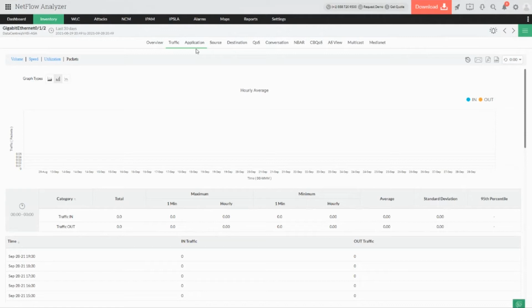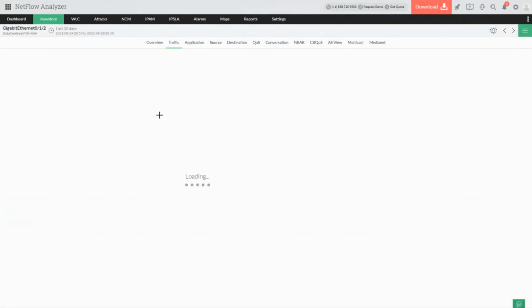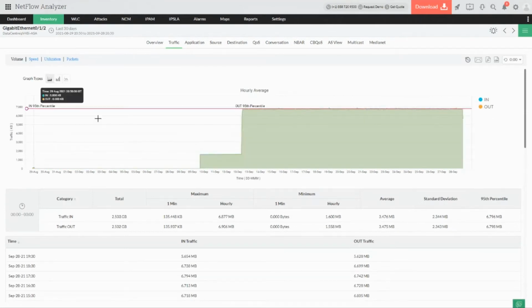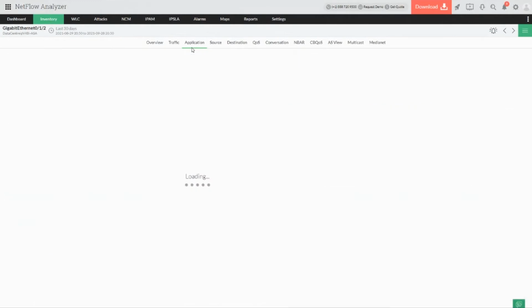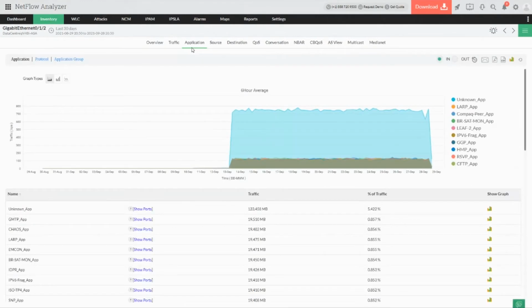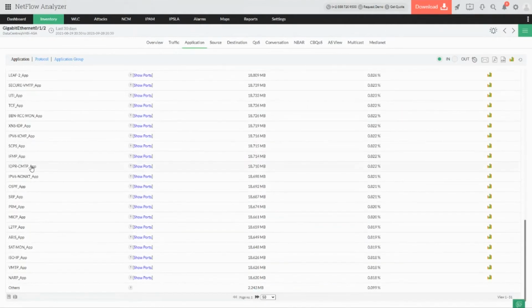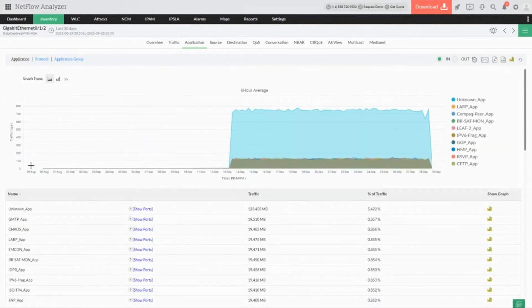So when we look at the traffic utilization, at a particular time my traffic or bandwidth is completely used and it's peaking. In those scenarios, I want to know which application is actually used more at that particular time, so that I could make the necessary decisions. Here the NetFlow Analyzer has the default predefined applications listed, and you'll also have the option to customize the application if it's a custom one in your environment. This gives you a detailed picture of which particular application is using how much traffic in your environment at the selected time period.